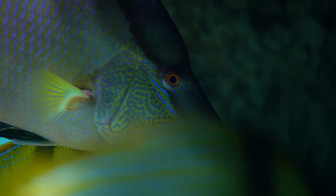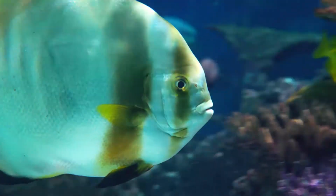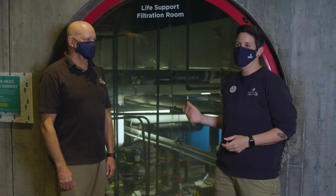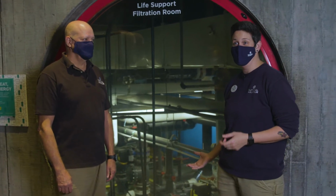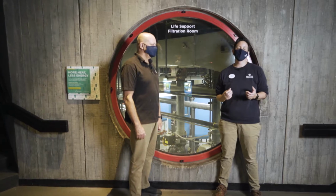These little coral animals really do provide kind of the base of the whole entire reef ecosystem, where we see so much diversity. Behind me, we have our life support filtration room, also known as our pump room. I've got Andy Aiken here to tell us a little bit about what goes on down here with these systems, maintaining the water, which is, of course, kind of at the heart of every single thing that we do here